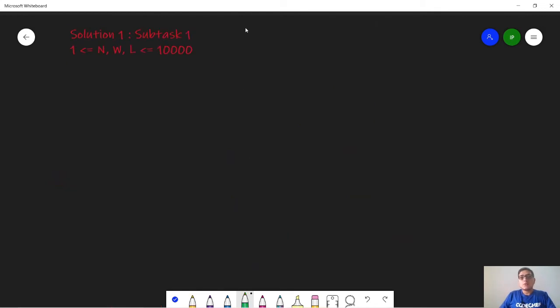Moving on to the solution. In this problem, we are given n trees characterized by their initial height h of i and the rate of growth r of i. Now, we need to find the minimum number of months such that we have at least W amount of wood. To find the minimum number of months, we can use a linear search approach. Basically, it means that we will iterate from m equal to 0 to infinity